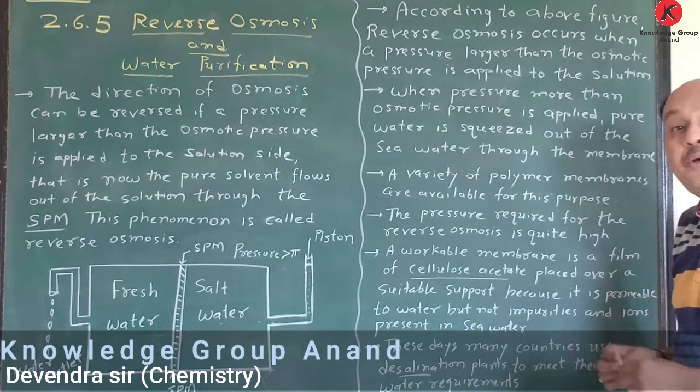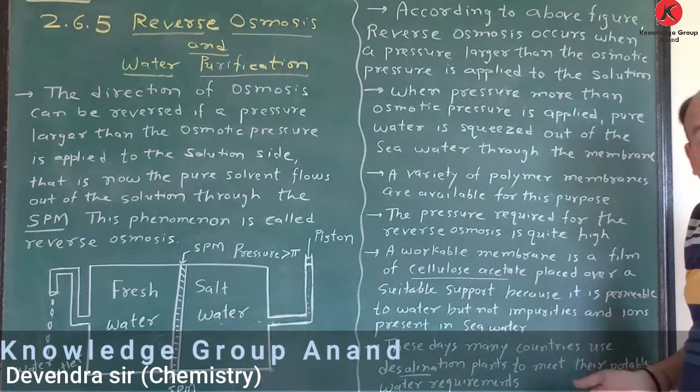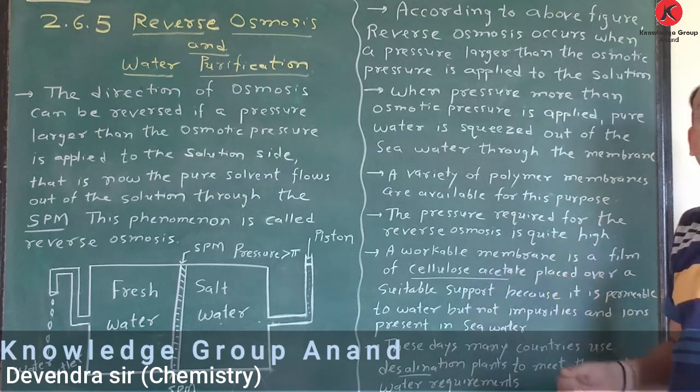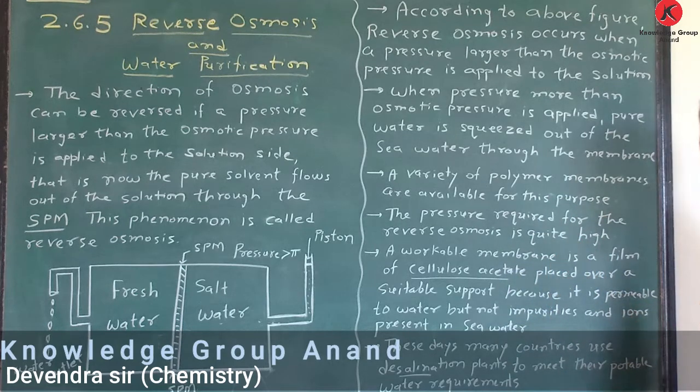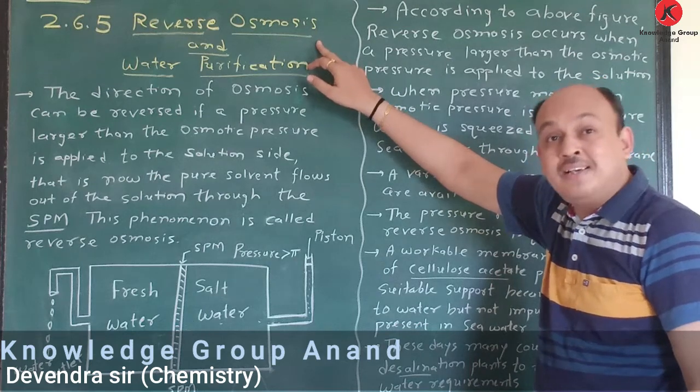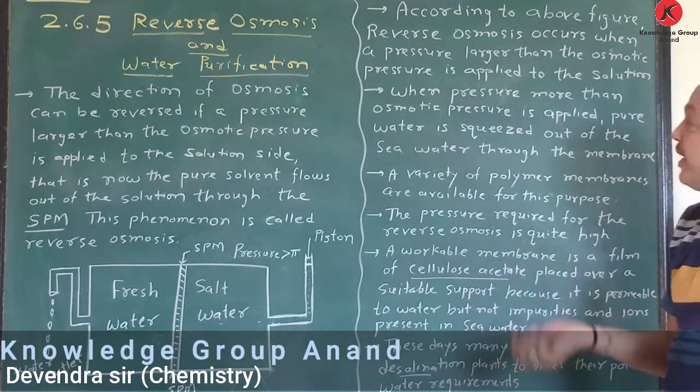This process is very important. Many countries follow this method, and that's why we can say this is an RO system. You have already seen it in your daily life. In houses also RO is there, the reverse osmosis process is also there, but they contain different types of properties.